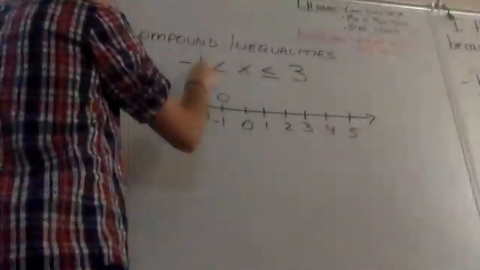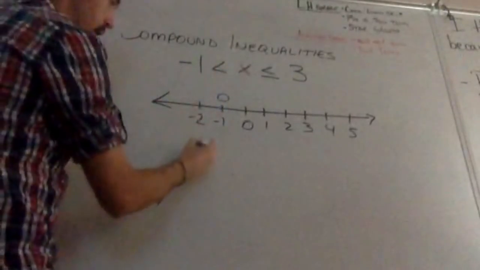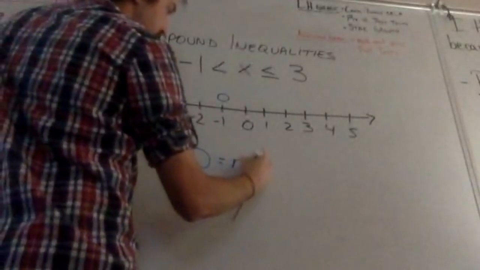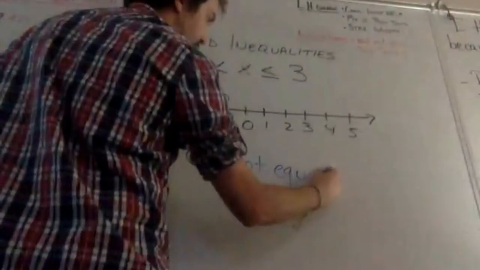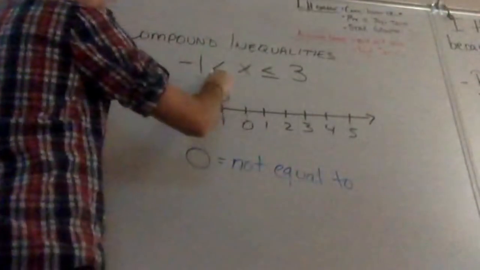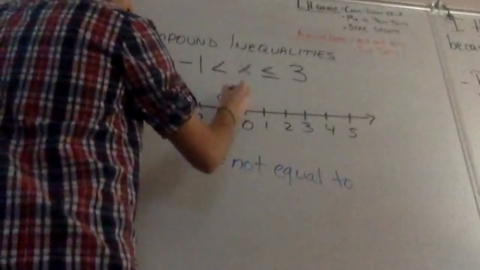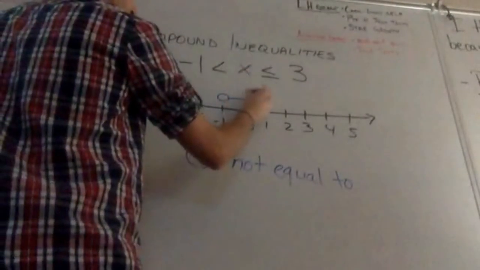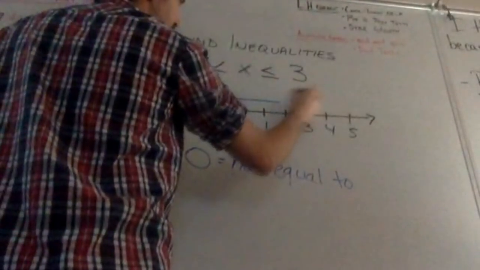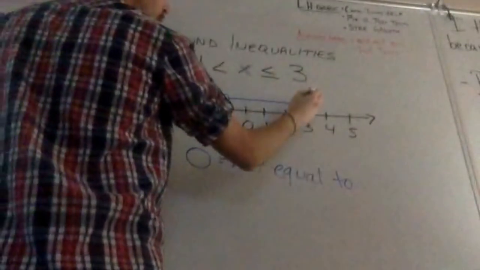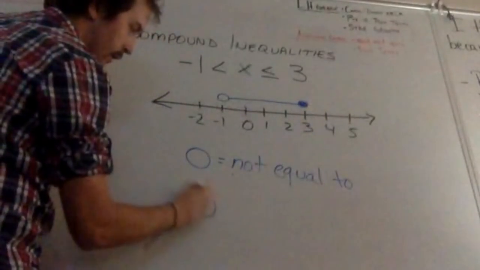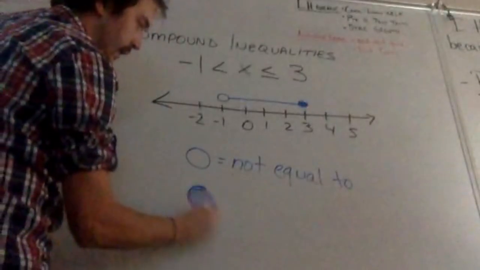Now, when it's not equal to, our point is hollow or not shaded in. So it's not equal to, only greater than or less than. So x is greater than this, so we're going to continue on going this way until we get to 3, which is our other number. Now, x is less than or equal to 3, so I'm going to shade in that point. So I have this other point. If I shade it in, that means